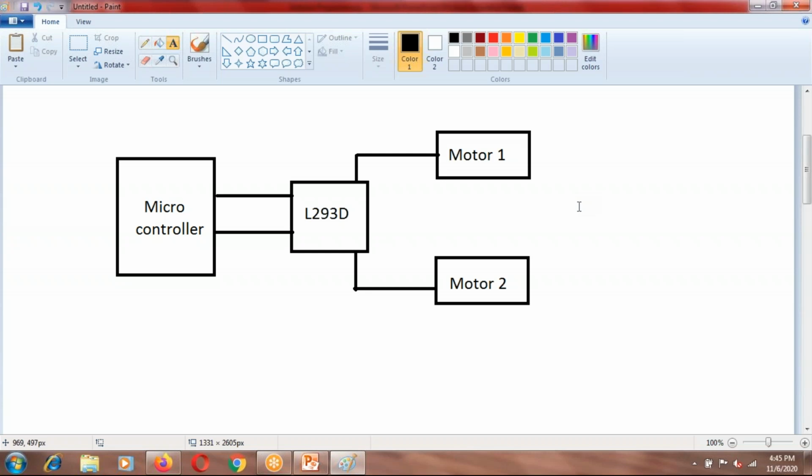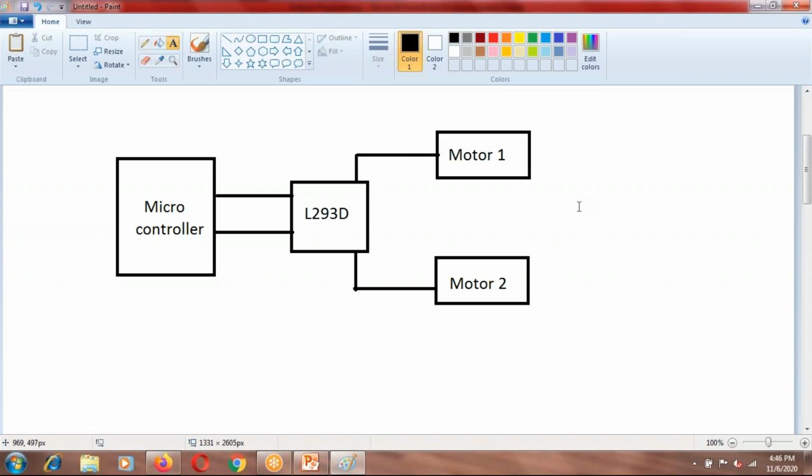Hello. Yeah, Amit. So, sir, if we want to control the motor with the help of programming, then we are using this microprocessor. The program is written in the microcontroller. L293D IC. Yeah, but the program, that is what my question is, because the programming is in the microcontroller itself.